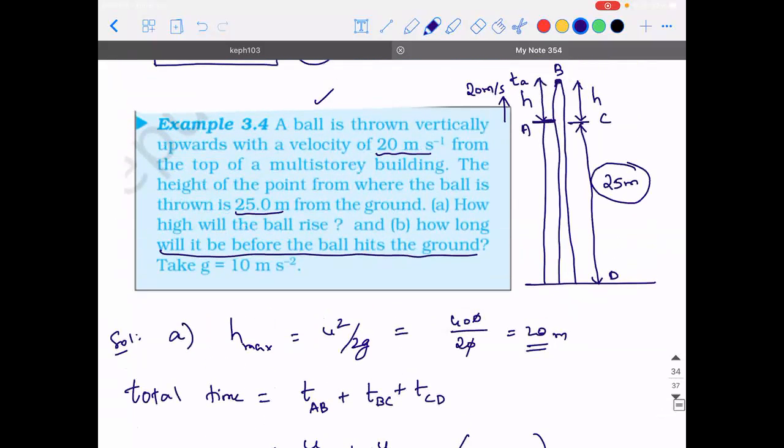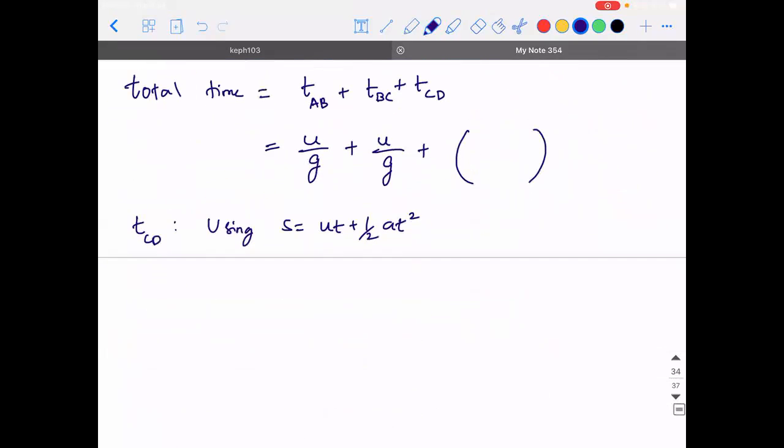Now you tell me the sign convention, which direction you want to take as positive and which side as negative. Sir, upward positive, downward negative. So this is positive and this is negative. Okay. So what is the displacement of the object in this case? Minus 25 is equal to